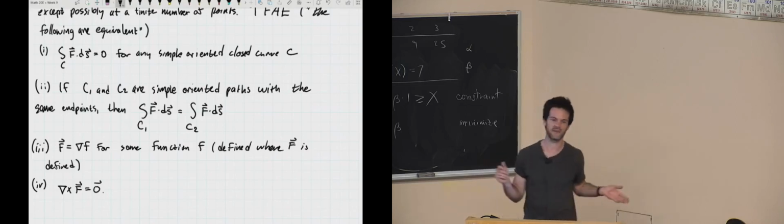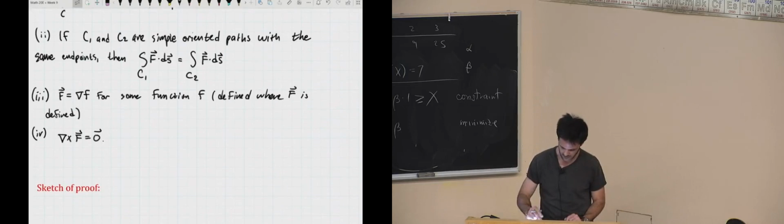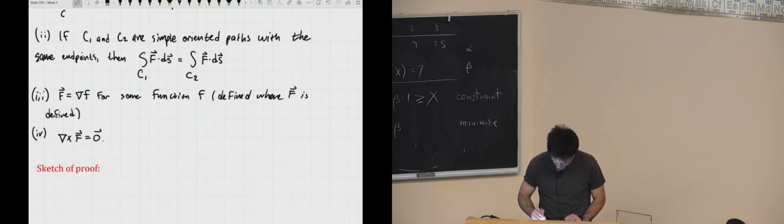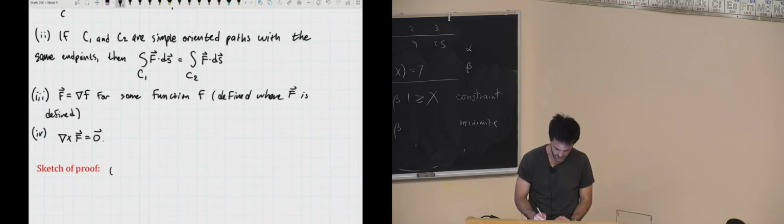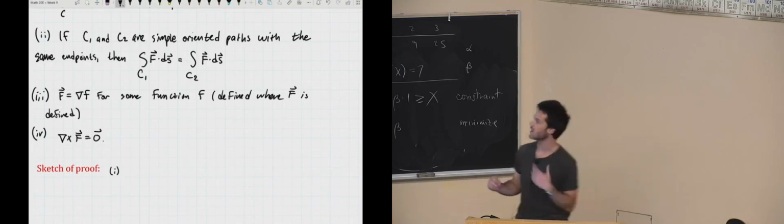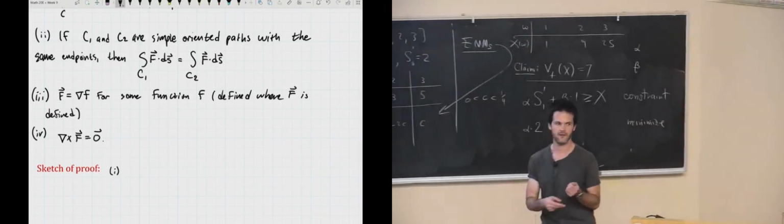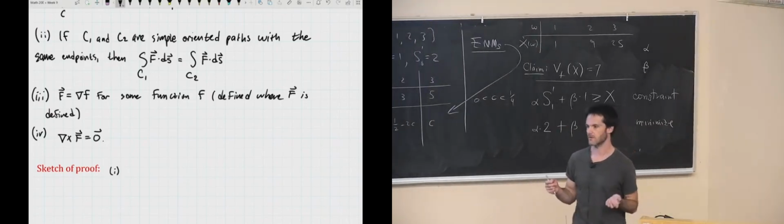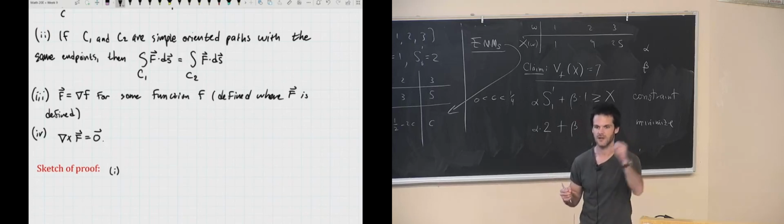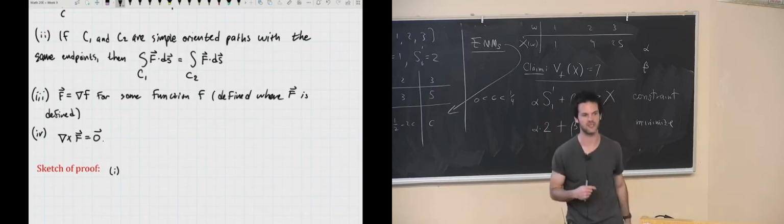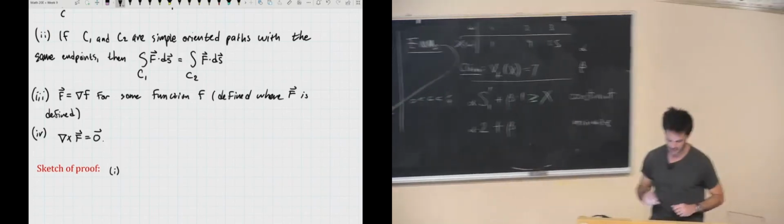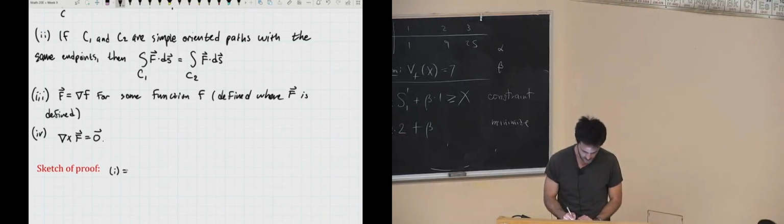So the proof is kind of nice. I thought I would just show you some of the details of the sketch of the proof. A lot of it we've already done. If I wanted to show that 4 different conditions are equivalent, I'll show that condition 1 implies condition 2, which implies condition 3, which implies condition 4, which implies condition 1. So any one of them will imply any of the other ones. So to show that condition 1 implies condition 2,